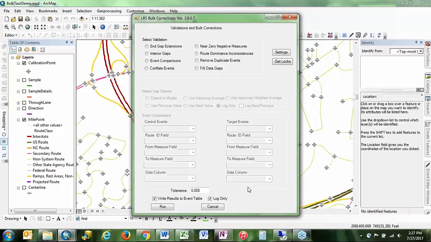So I use Excel to view the logs. If you have Notepad++, that's a little bit better, but you'll kind of get the hang of the way you like to view it as you use it. So with the logs, the tool logs more than just the outputs. It logs updates to the configuration. So if you're changing your configuration and decide you want to go back, you can review the logs and see what things you changed. And you'll get a new log entry with a unique name each time you launch the tool. So again, if you don't check log only, then the tool will actually make changes to your event measures in the version that you're connected to.